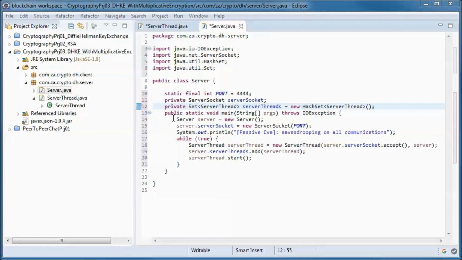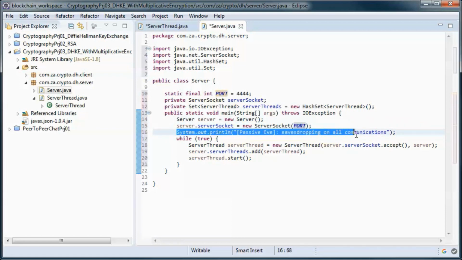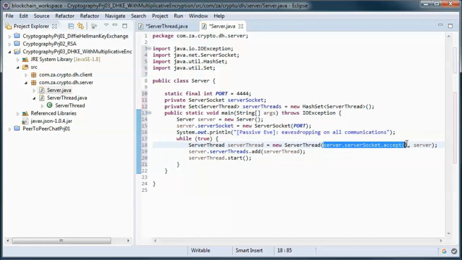And here in main we start the server and the server socket given its port number, and we indicate that passive Eve is watching all communications, and we accept connections from the various clients.